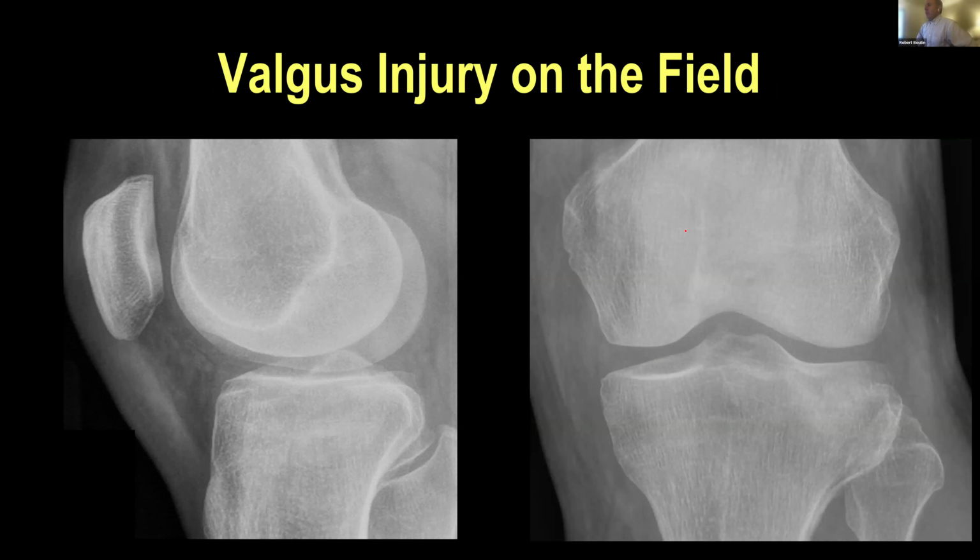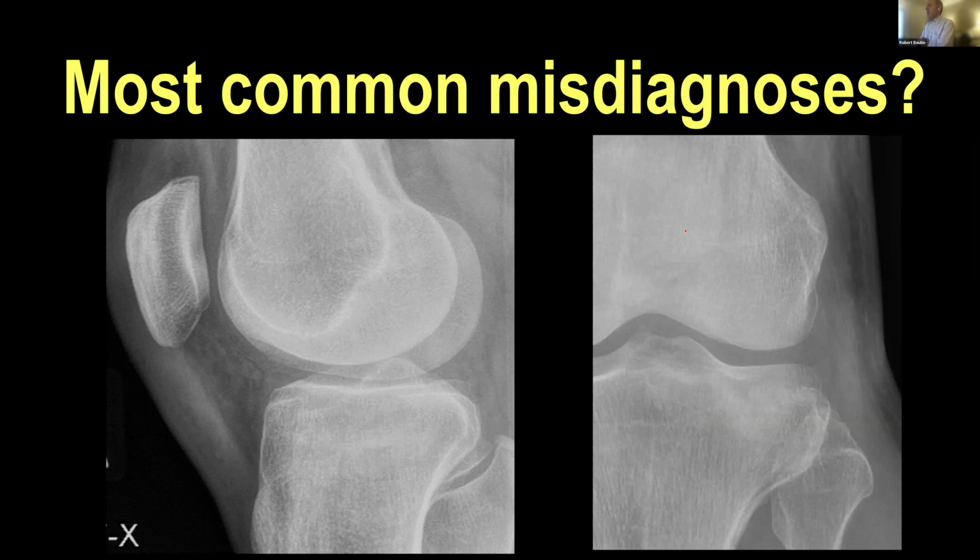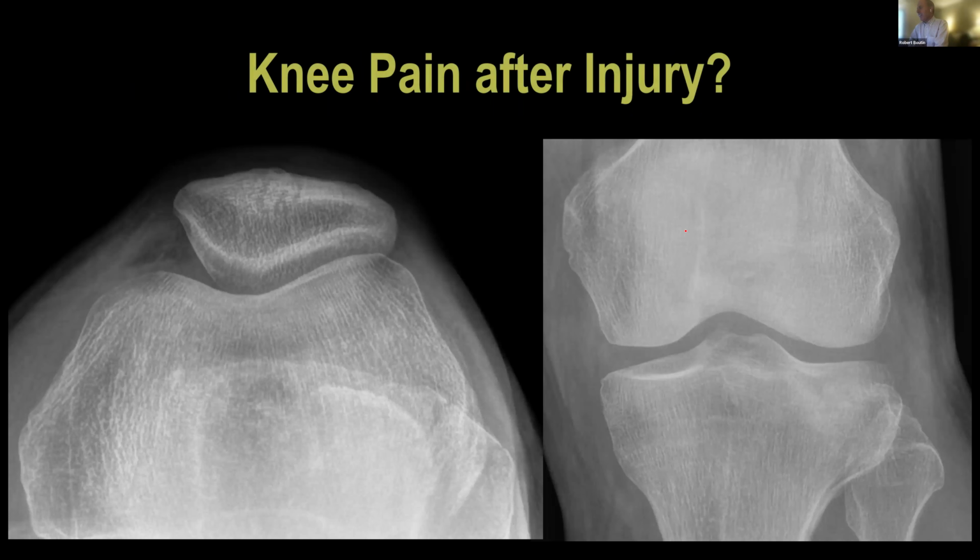So this patient comes in and wants you to look at the radiographs, valgus injury on the field. They had a lipohemarthrosis, and the question is, what's going on? The most common misdiagnosis, the most common thing that radiologists get sued for, I will tell you, is missing fractures. And so, even though we're looking for them, they sometimes are pretty hard to see, even if you do it all day long in a dark room, let alone if you're busy in clinic seeing patients.